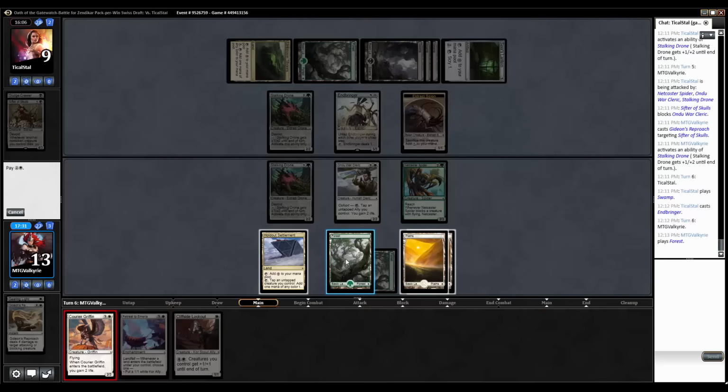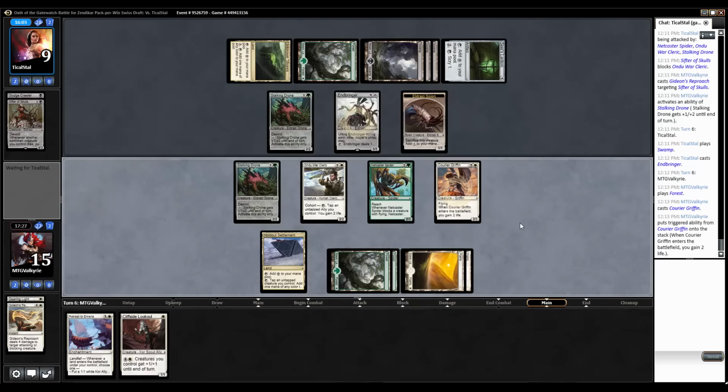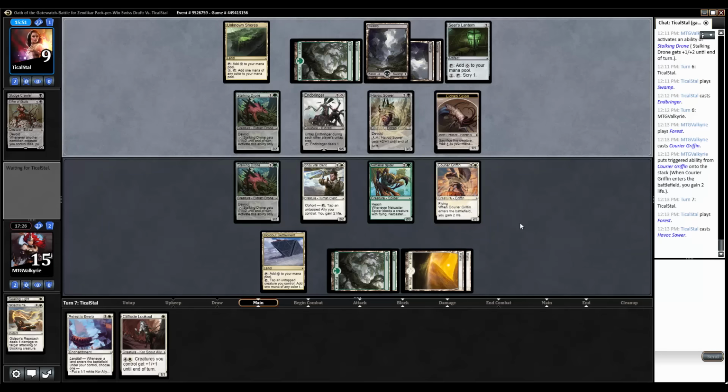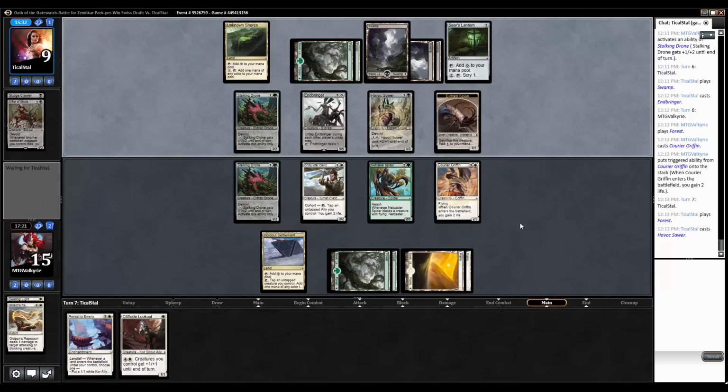I think I just play my Courier Griffin here. If I draw more lands, great. If I don't, that's the way it goes then. Stop playing things. Okay. Opponent's creatures are now getting to a point where they are way bigger than mine. Drawing a Land Vala would be sick. I don't think my opponent has a way to